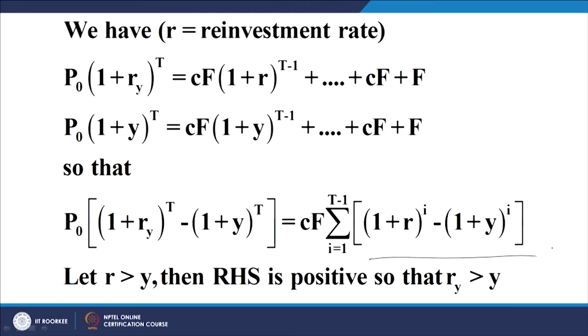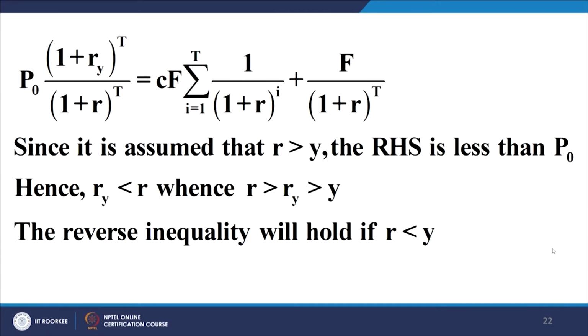Therefore, one thing we have inferred is that if the reinvestment rate r is greater than y, the realized yield is greater than YTM. What remains to be shown is that the realized yield would be less than the reinvestment rate. Let us see on this second slide. In this expression, if you look at the expression on the right hand side, the expression that I have put within square brackets,